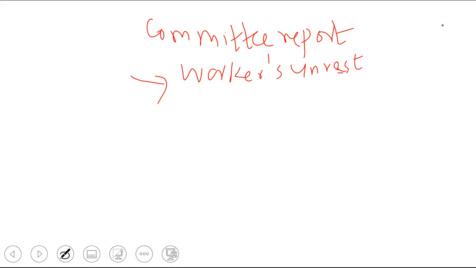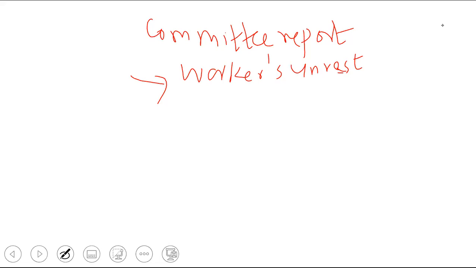That is the meaning of workers' unrest. Workers are unhappy. Happy होने वाला कोई strike पर जाएगा नहीं. They are unhappy, so they are going on a strike. Naturally, the general manager of HR, because labor matters are dealt with by the HR department, the human resource development department, HR department, they will appoint a committee.